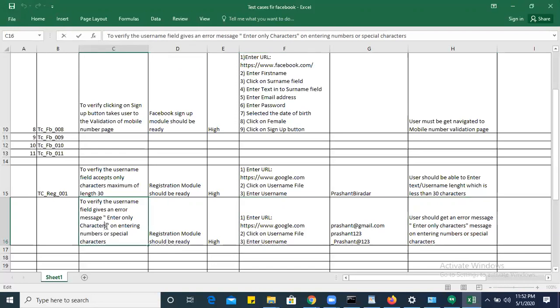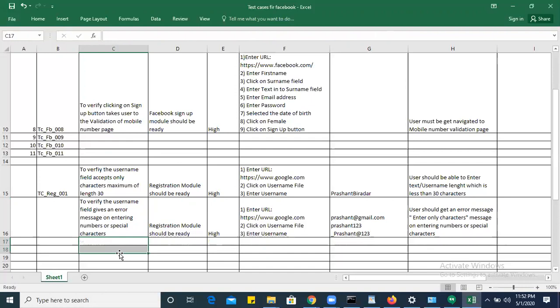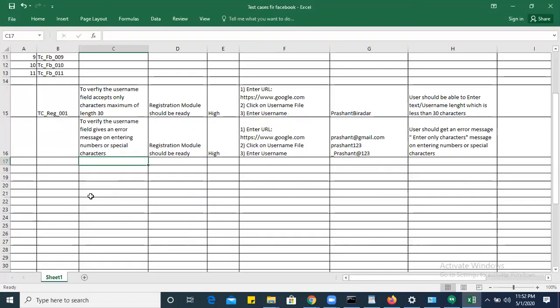You can also write it in this way: user gets an error message on entering numbers or special characters. If you don't mention the error message in the objective, that is also fine.